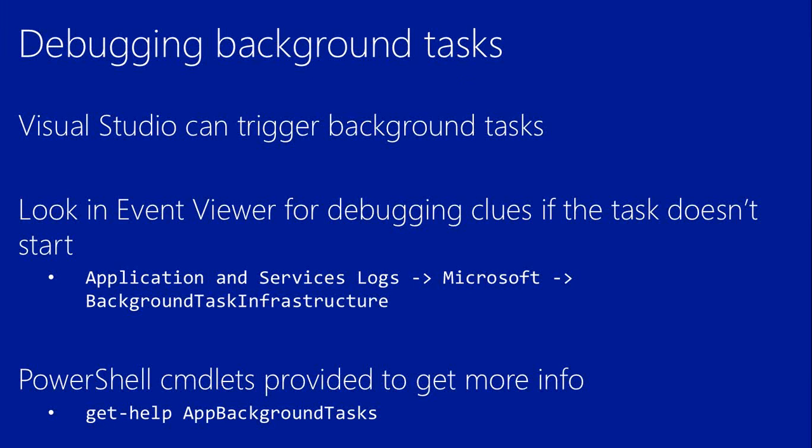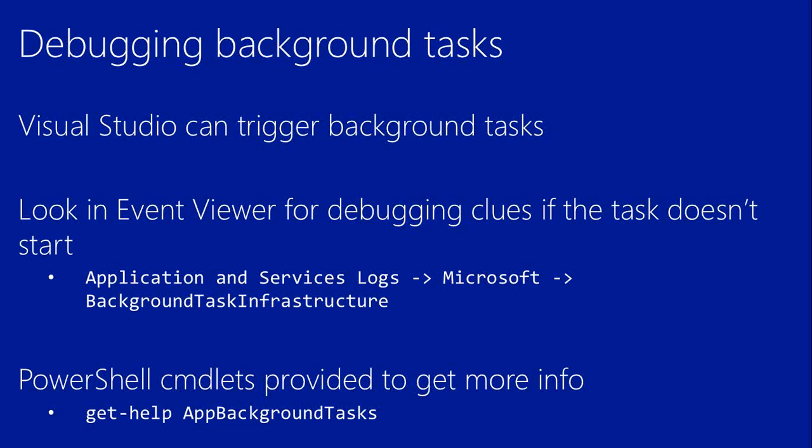Now, there are a lot of developers who say, "I'm doing everything right, I've written the code correctly. Still, I'm facing some problem and the background task is just not working." For that, we are providing debugging methods for background tasks. There's a background task event viewer which can give you all the information about your background task, like what resources it is using, when it is starting, and when it is terminating. All the information that you want is available in the background task event viewer. So you can go take a look at that.